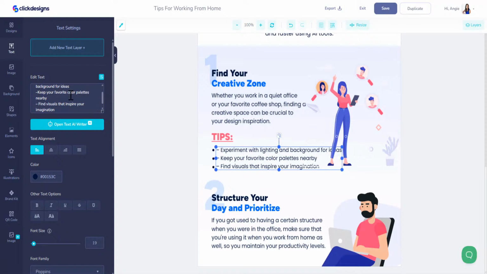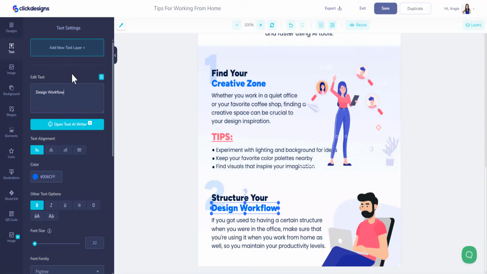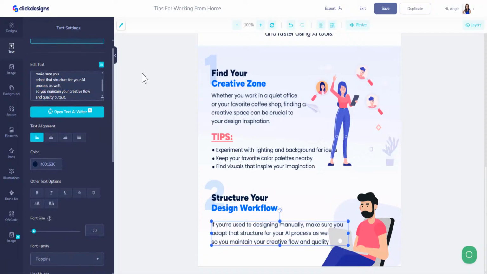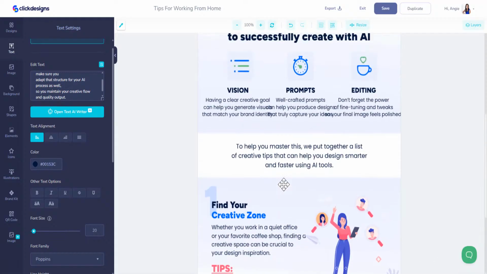We'll take out these little dashes. I added those to give ChatGPT context, but you'll see, and I will fix this. Don't worry. We'll come back. Okay. Structure your design flow. There we go. And almost done here. Right there. Pretty good. Okay, so now that we've got all the words in here, now we can go back